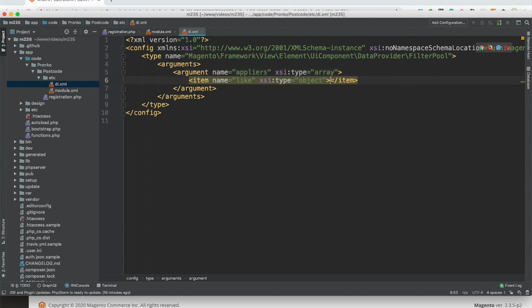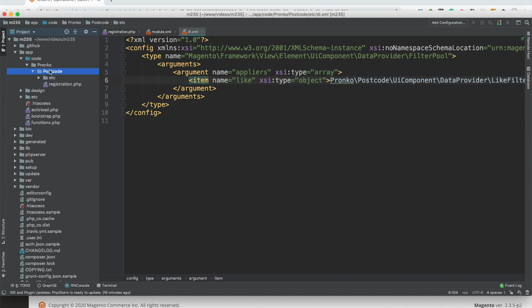I have a typo. So the idea is that once we start filtering a shipping address field, it will use the like applier, and instead of the default one that is declared in the XML configuration of the Magento Sales module, we are going to provide our own applier. The name of the class is going to be Pronco Postcode UI Component DataProvider, and I will call it like filter.